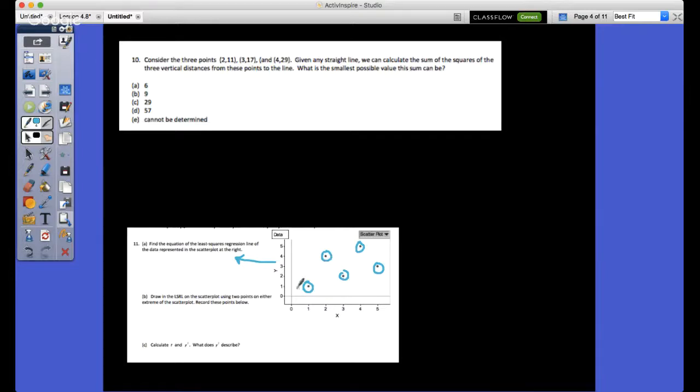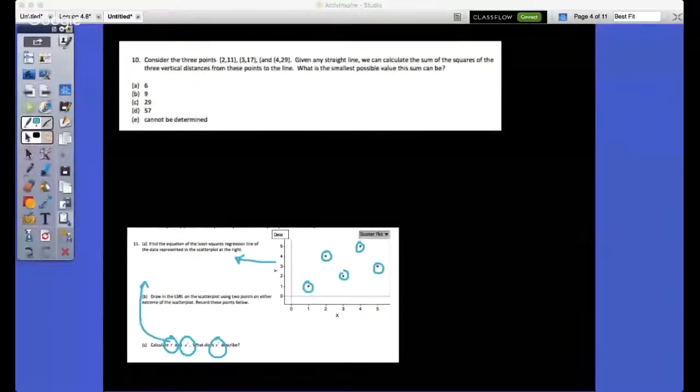So what we're saying is we're going to draw this, right? You could get what the y-intercept was. You could also get a point on this graph as well. And then calculate the r and r squared. That comes back to when we found the least squares regression line, and then interpreting that, just like we said earlier. That would be number 11. That's how we would attack number 11 here.